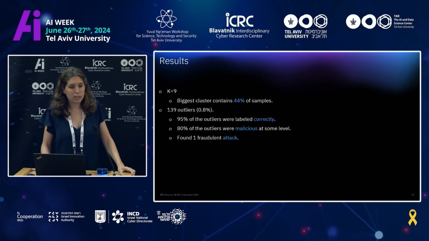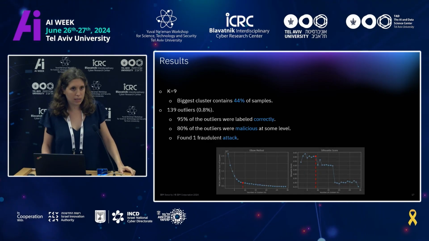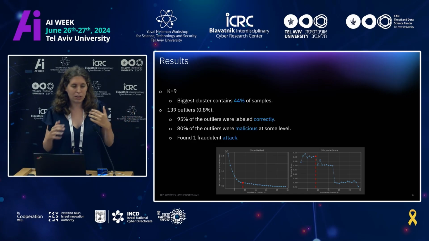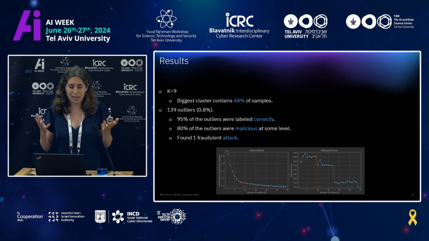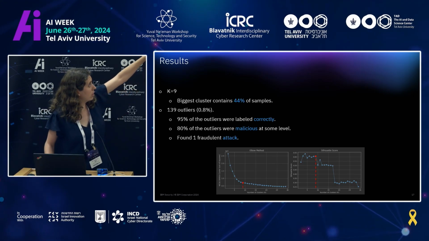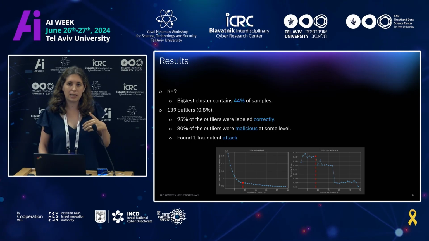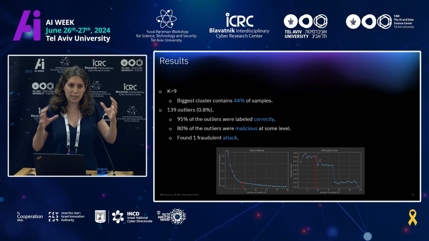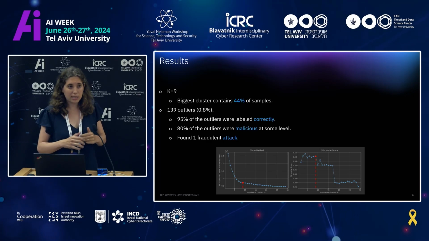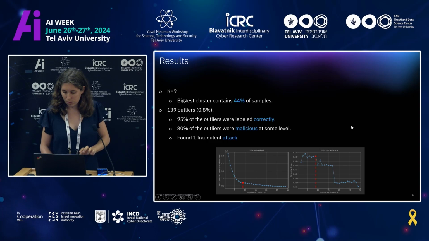So in our case, we got K equals 9. You can see here the graphs. I know it's small. I don't have much time to go over that anyway, so just in 2 sentences. The left graph is the elbow method with within-cluster sum of squares, which checks how much the data points spread out inside the cluster. And the silhouette score for the right graph is another method that